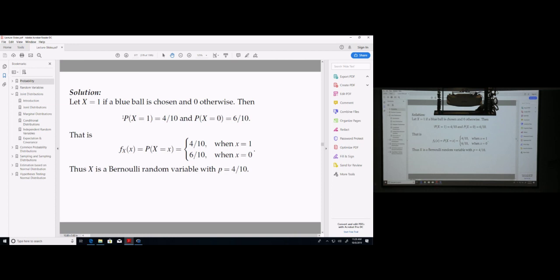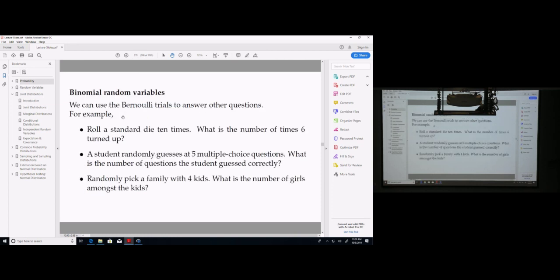And this is simply counting. Now here we have the first member of the Bernoulli random variable family, called binomial. Binomial is using the Bernoulli trials to,